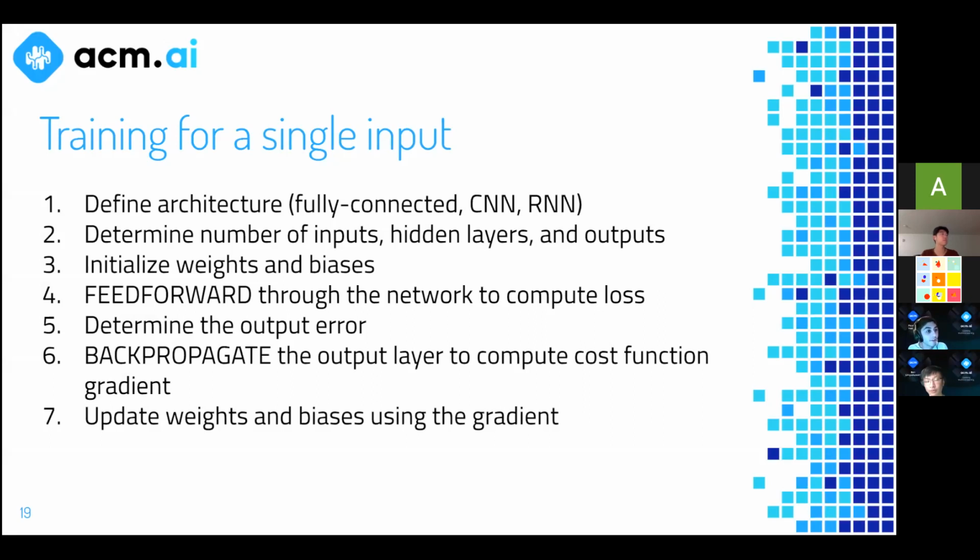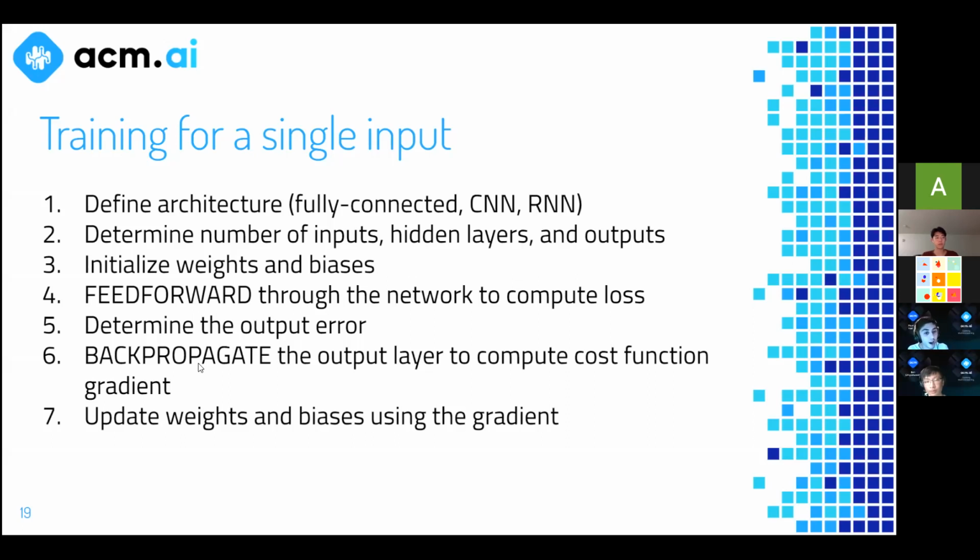And then once we have an output, once we have a prediction from the network, remember we have the label. We have what the value should be, right? Because we're doing supervised learning, as we discussed last week. So we can compare what the network outputs versus what the label is to determine the loss. And then after we determine the loss, we can determine the output error, which is a metric we're going to discuss in more detail, which is going to help us get started on how we should update the network. So we determine the output error using the loss function.